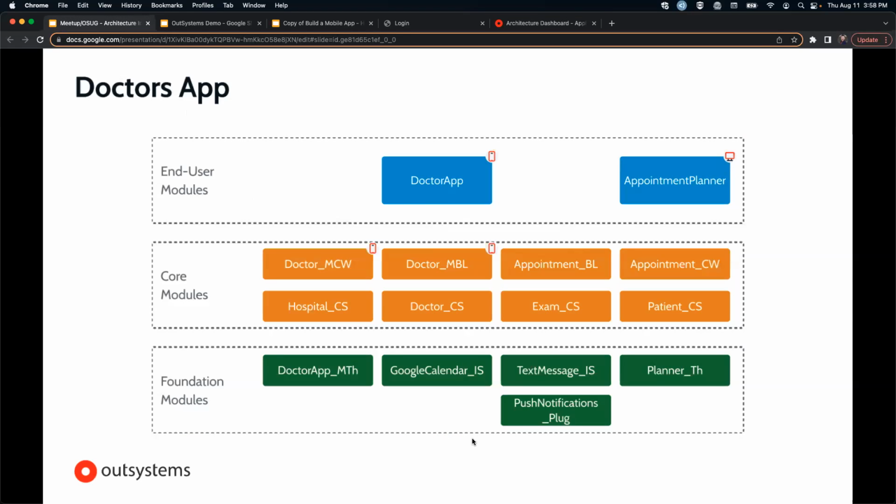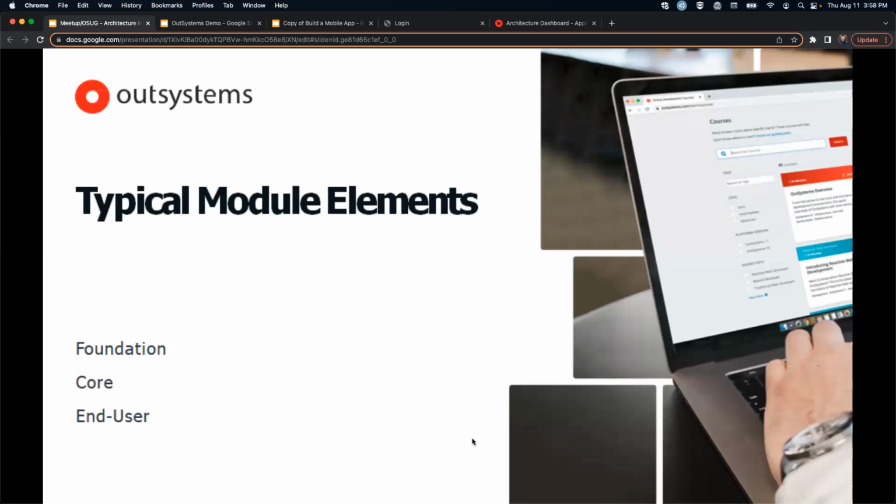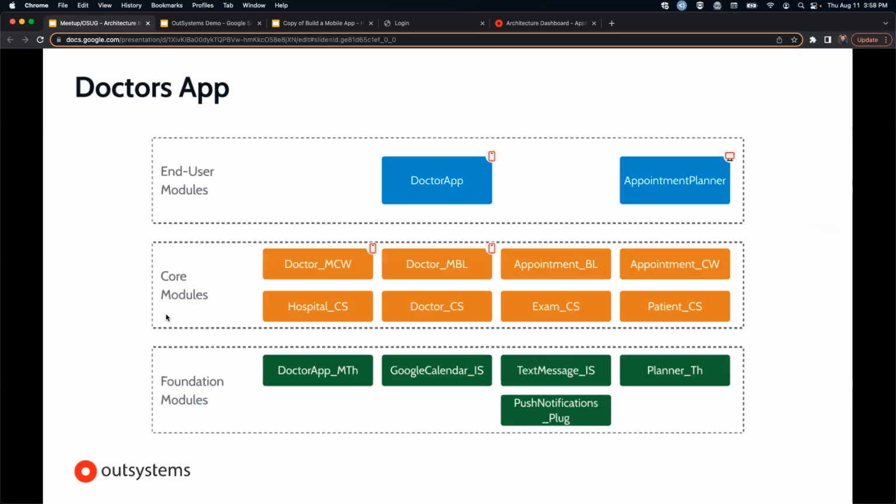Okay, so now we're going to talk about typical module elements. Hey, Scott. Sorry, can you go back to the last slide that you had? One more question. Sure. In your mind, what would be the types of things that you would put into, say, Dr. BL, whether it's MBL or not, versus what's in your Dr. Core Services module? Yeah, so the core services can be thought of as the link that goes between the